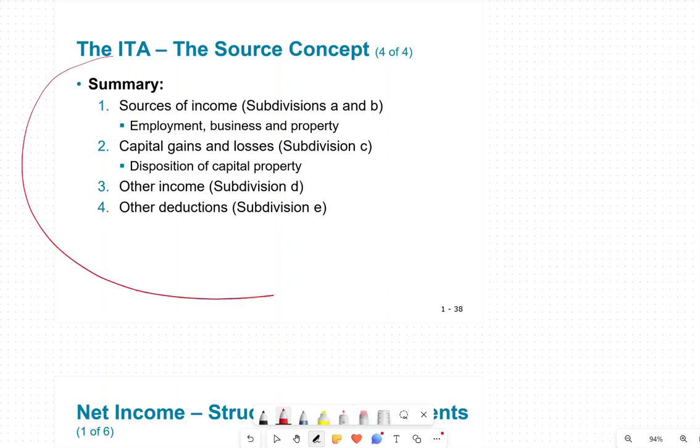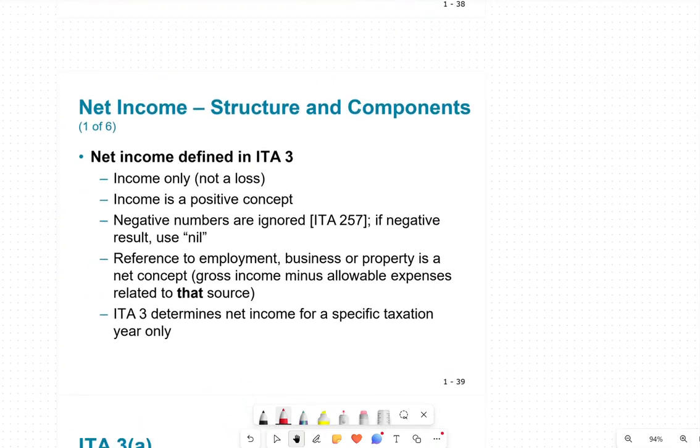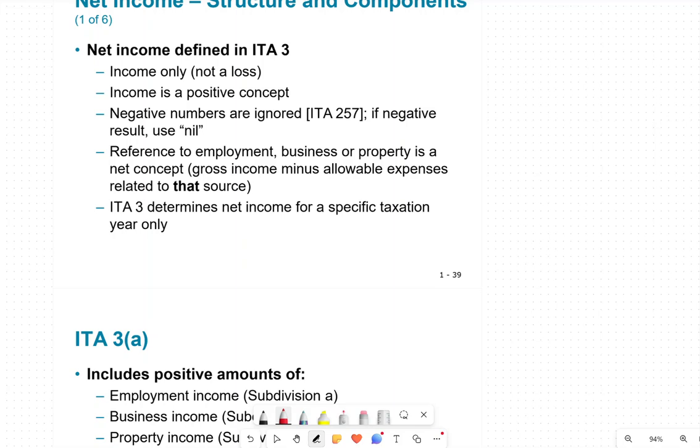These are the divisions of income: A, B, C, D, and E. If you think about it, I always say C has capital gains and losses. Divisions A and B have all the income: you have employment income, business income, and property income. Division D is your other income, and E is your other deductions. When we think of net income,